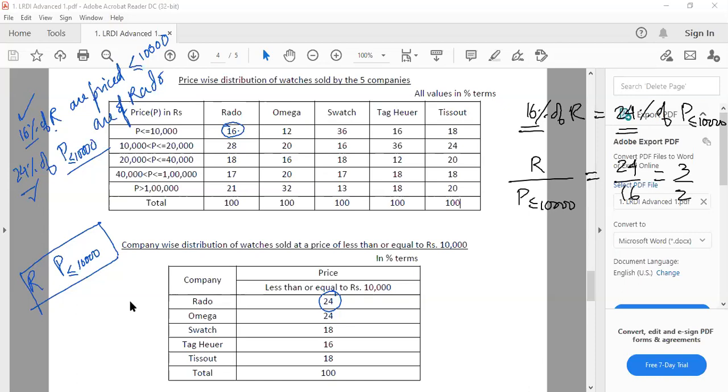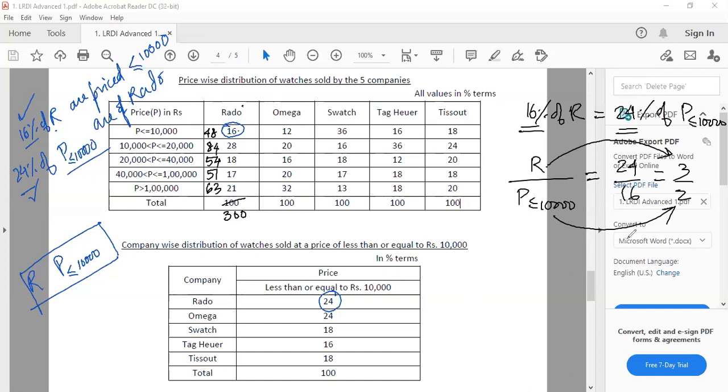If anyone has any doubts, please mention that. Okay, I am just continuing then. Now Rado corresponds to 3 and this corresponds to 2. So if Rado total corresponds to 3, this is not 100 anymore, we make it 300. Why 300? Because Rado has to be a multiple of 3. It makes a lot of sense to make it 300 straight away. So the values become 48, 28 3s are 84, 18 3s are 54, 51, 63. Done. Just multiply by 3 everywhere.